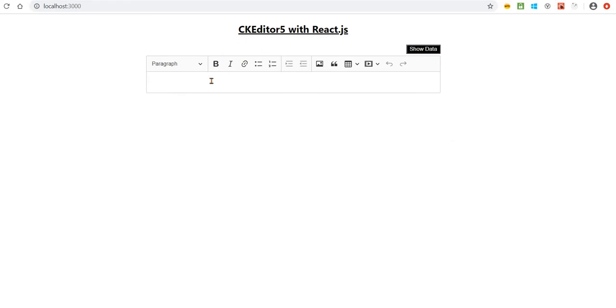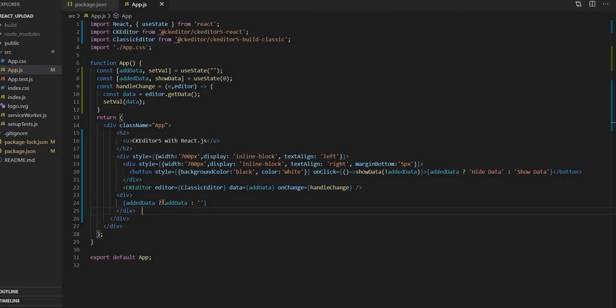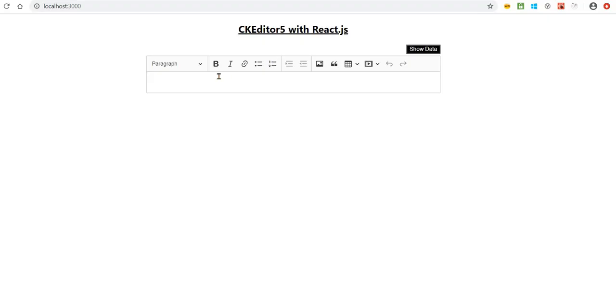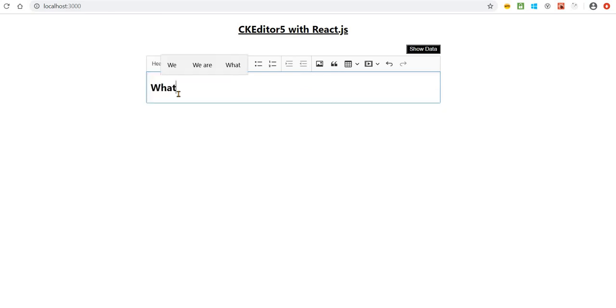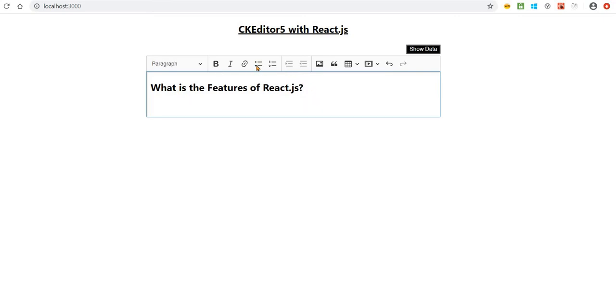So guys, as you can see, we have our CKEditor, which comes with this toolbar. It will come with this import command. So let's start writing something, like the first headline: what are the features of React.js. Okay, so this is the heading, so let's add some bullet points.